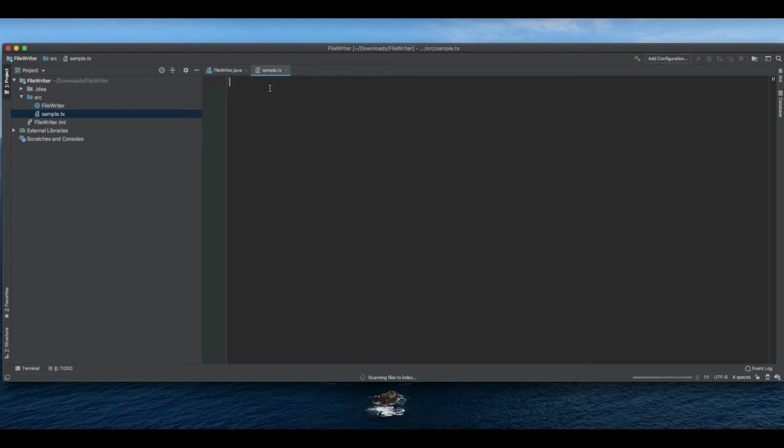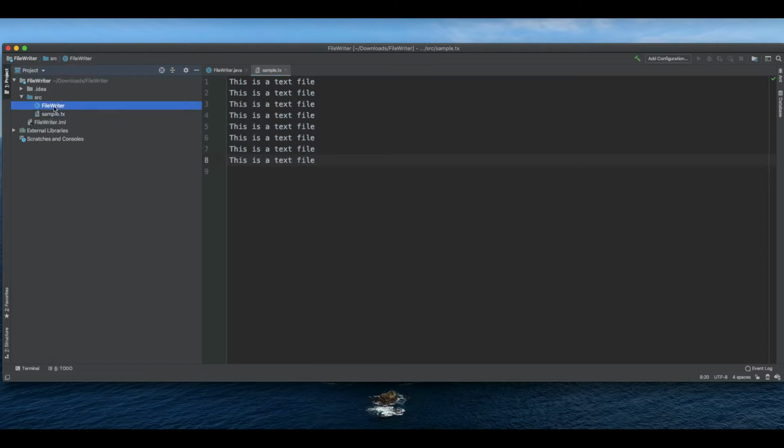For our text file, I'm just going to input a few lines of text. This is a text file, and I'm going to copy it. Okay. Now with our text file copied multiple times and saved, we're going to go back to the FileWriter